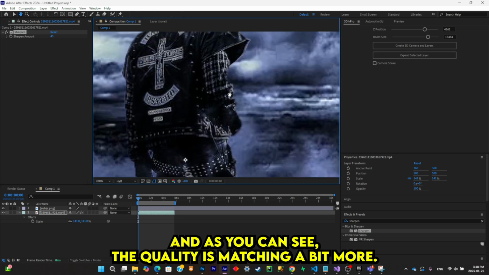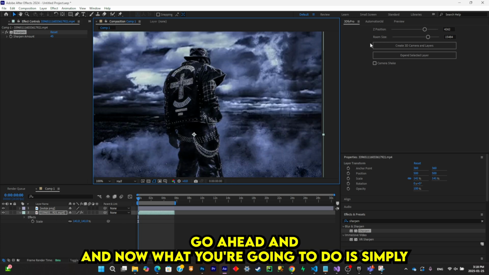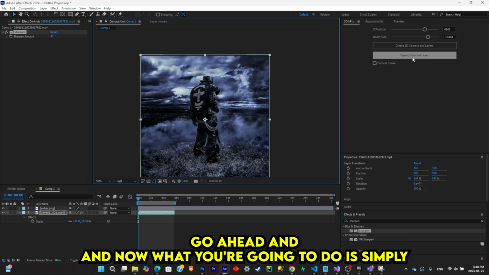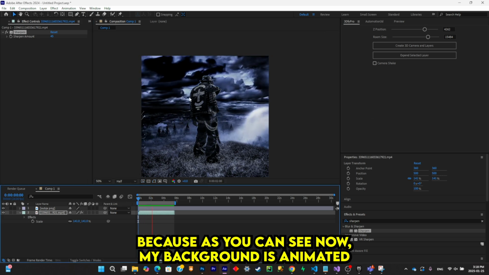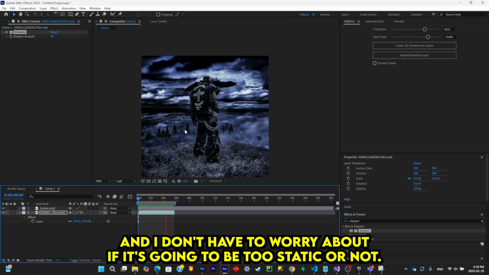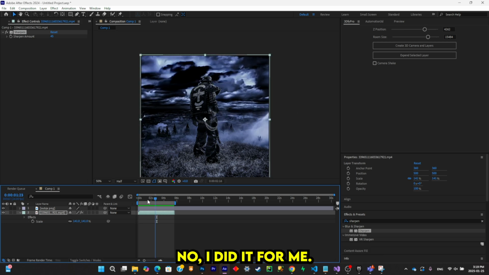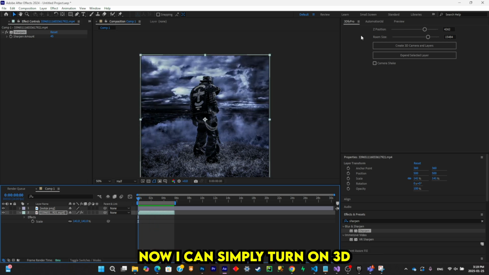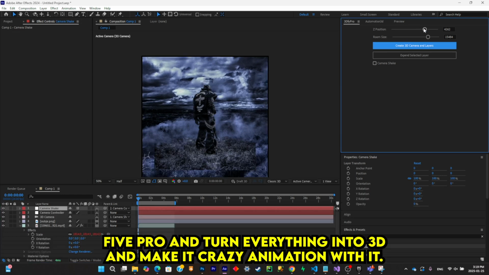And as you can see, the quality is matching a bit more. And now what you're gonna have to do is simply go ahead and do the rest of your animation, because as you can see, now my background is animated and I don't have to worry about if it's gonna be too static or not. No, AI did it for me. Now I can simply turn on 3D Pro and turn everything into 3D and make a crazy animation with it